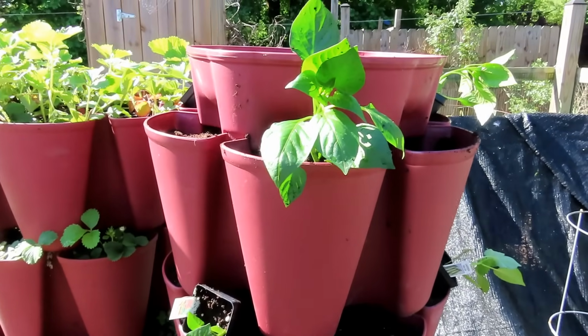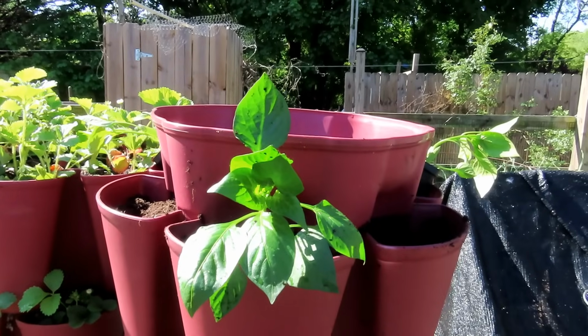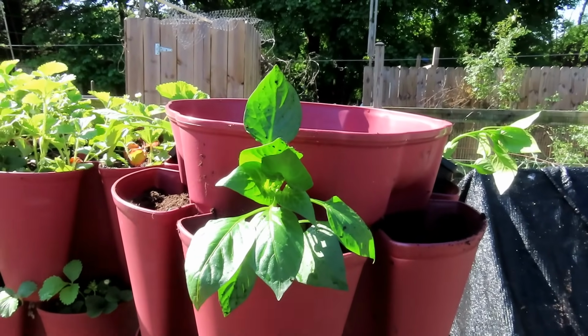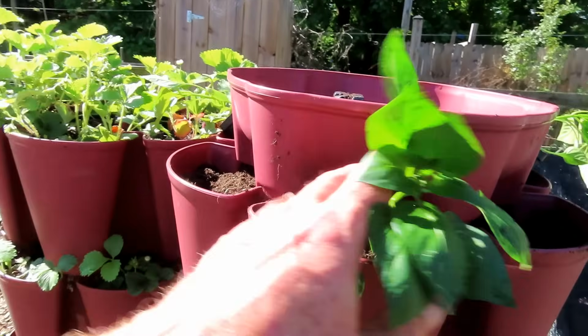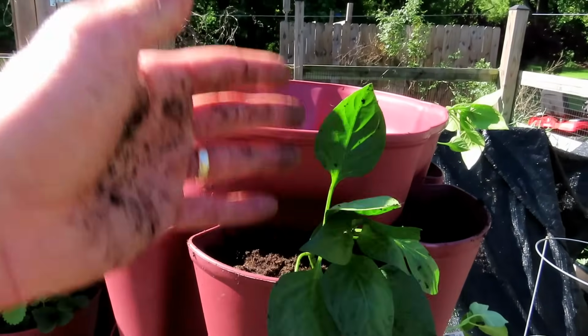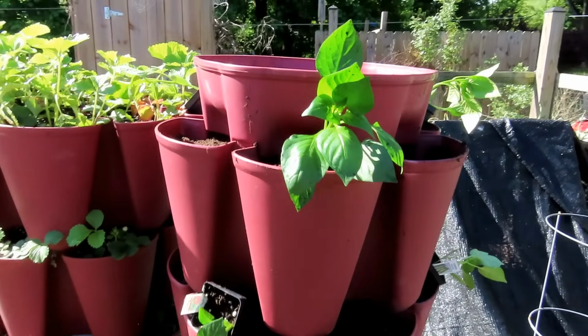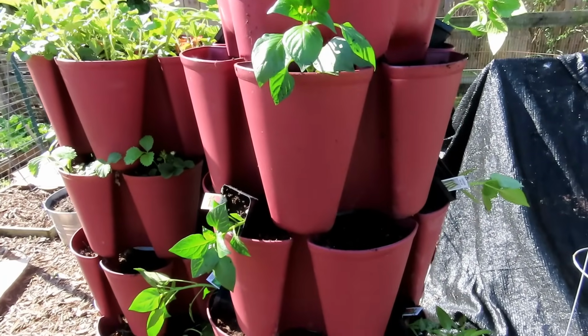The 2 biggest difficulties with growing in containers, period, not just vertical towers or vertical planters, is when the plants get bigger and you get to the middle of the summer, you just have to stay up on the watering and on the water-soluble feeding. So that's the basic way to plant. I mean, this is going to be beautiful. You can drop in a little bamboo post, secure the pepper to that. It will support it. Let me get the rest of them in, and then we'll get to watering with the